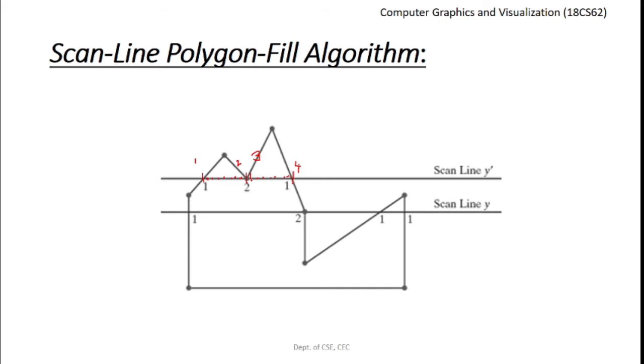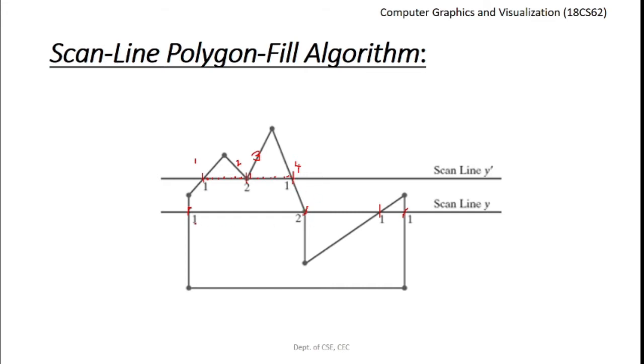Now let us move on to the next case here. That is the intersection of the scanline y against the polygon edges. First, let us try to determine the total number of edge intersections. So this is the first edge intersection here. We have one more intersection here, a third intersection here, and the fourth intersection here. Now, how many edges do we need to consider here? Let us try to count that. We have the first edge intersection here, 1. Now, how many edges do we need to consider here?